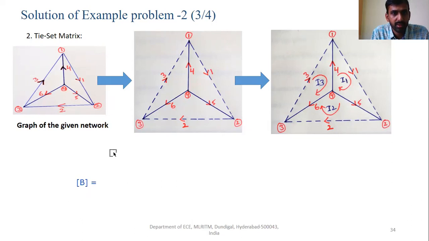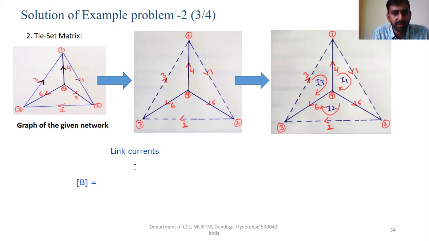Rows are nothing but the link currents. The link currents in the sense, rows are nothing but the link currents.